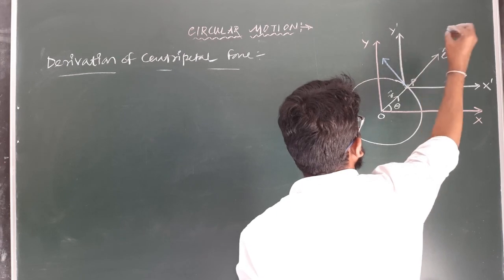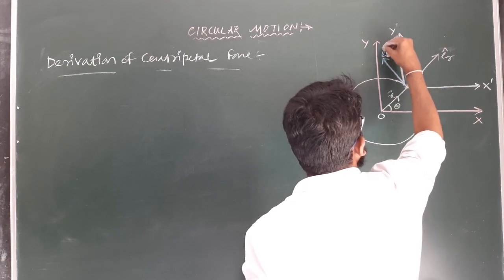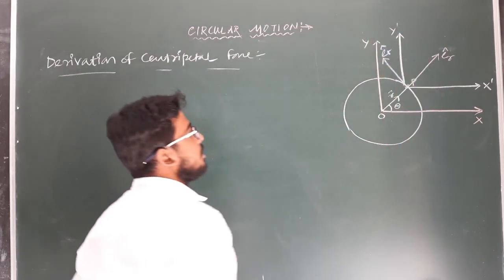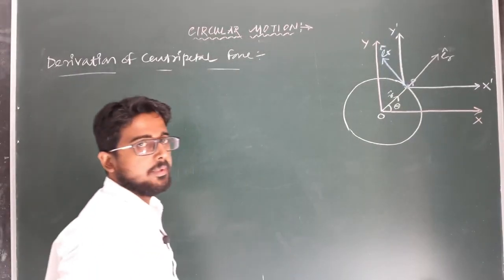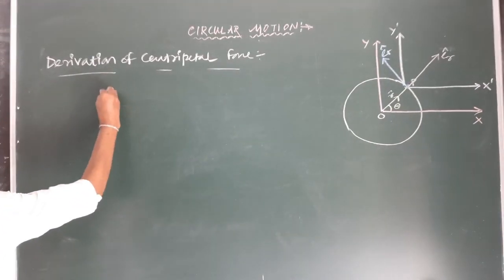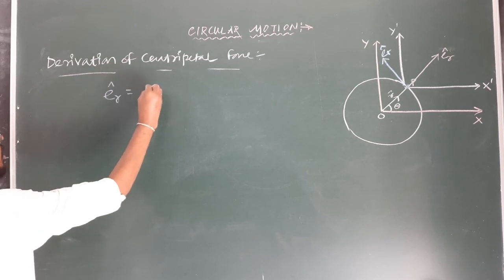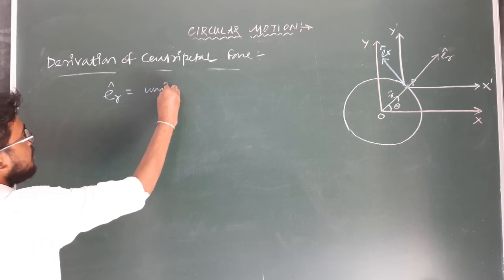So this is another unit vector ET cap which is along the tangential direction to this position of the point P. So I am here writing ER cap is equal to unit vector